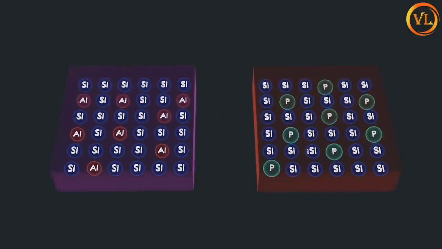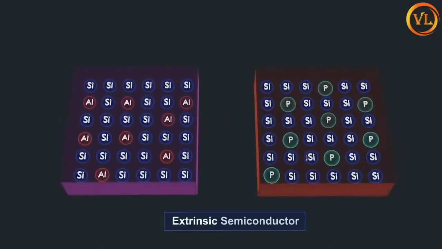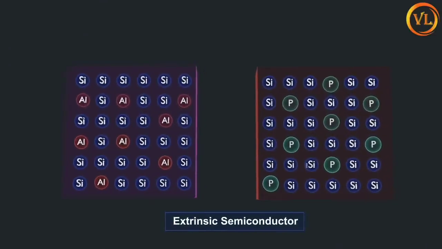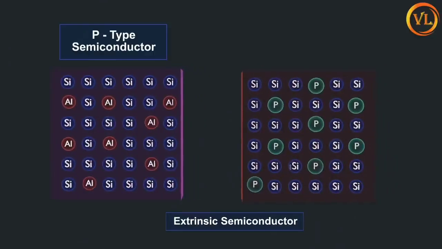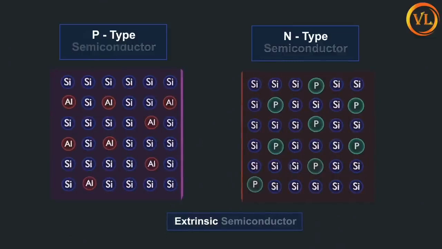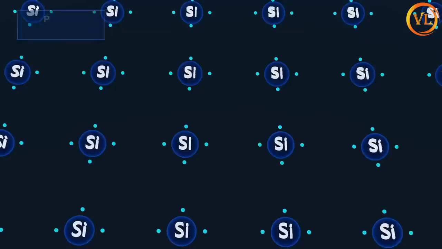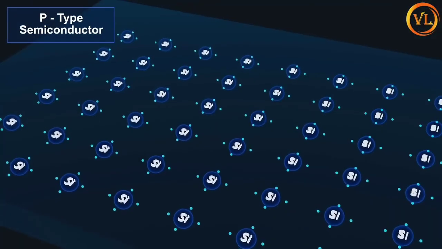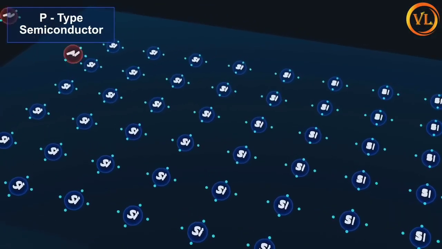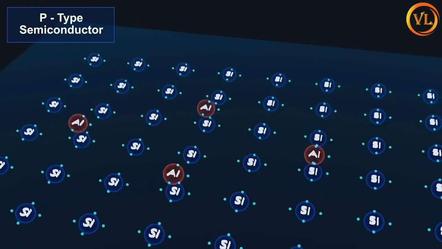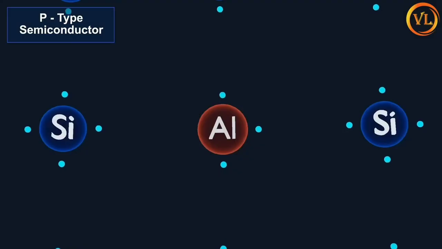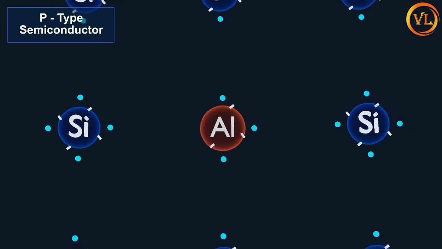Hence, it is positively charged. On the other hand, in a negative ion, the total number of electrons orbiting the nucleus of an atom is more compared to the total number of protons. Thus, a net positive charge is built at the n side of the p-n junction due to the positive ions at the n side. Similarly, a net negative charge is built at the p side of the p-n junction due to the negative ions.